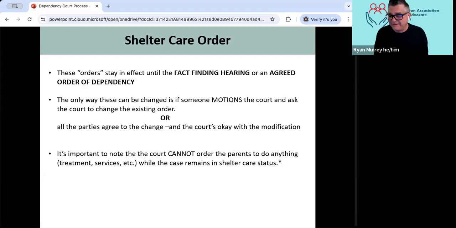They can tell the parent to do something as a condition of placement. So the court can say, I'm going to let the kid go back home, but you're going to start treatment tomorrow like you said you were going to. And if you don't, we're going to come back here and the child's going to be removed from your care.